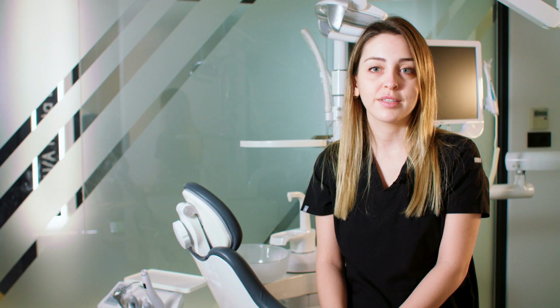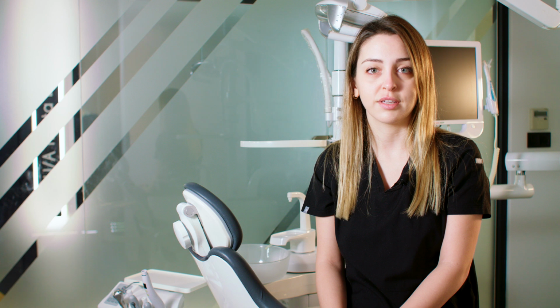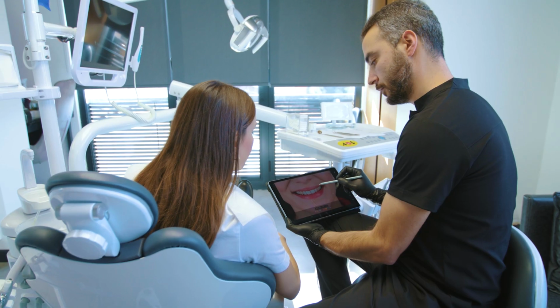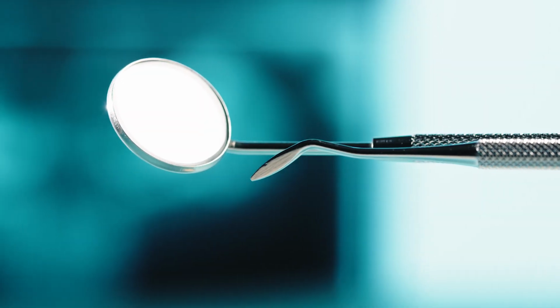First, we'll start by discussing your medical history and any concerns or symptoms you may have. This helps us understand your unique dental needs and tailor the exam accordingly. Next, we'll examine your mouth, teeth and gums visually, checking for signs of decay, gum disease or other oral health problems. We may also use special tools like a dental mirror and probe to get a closer look at the